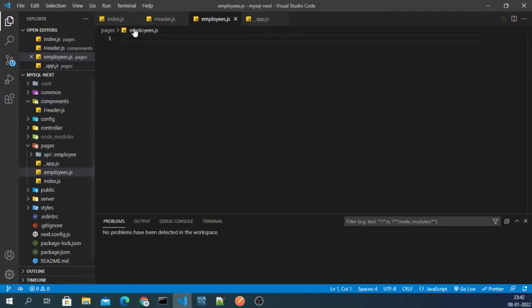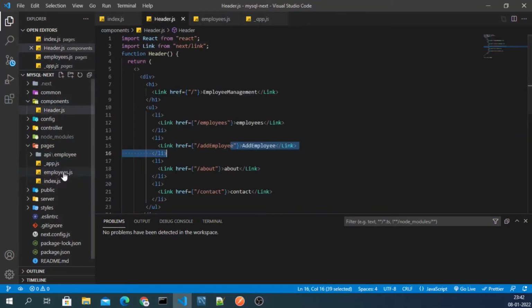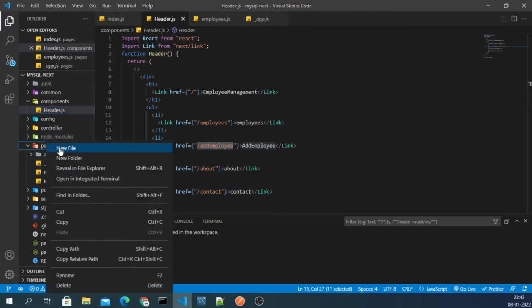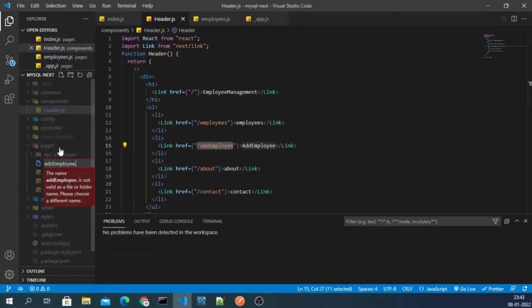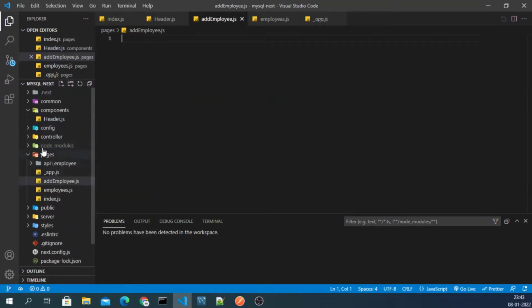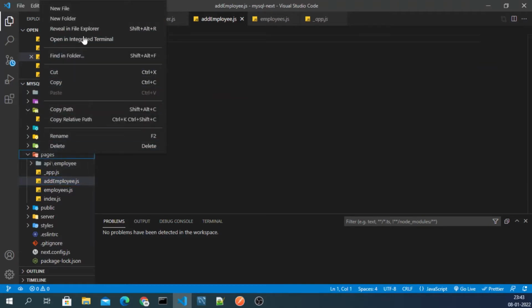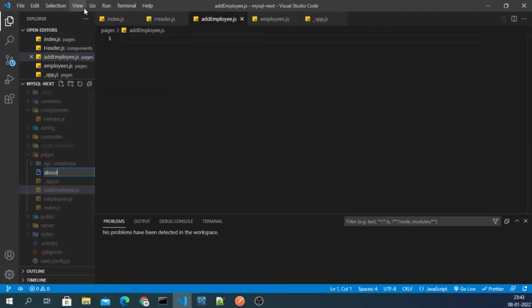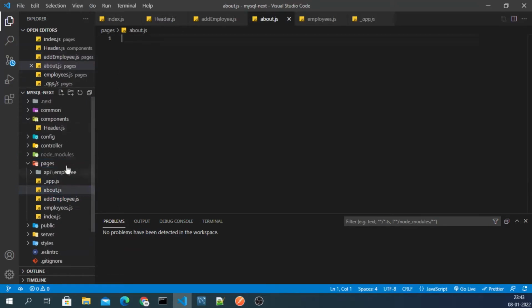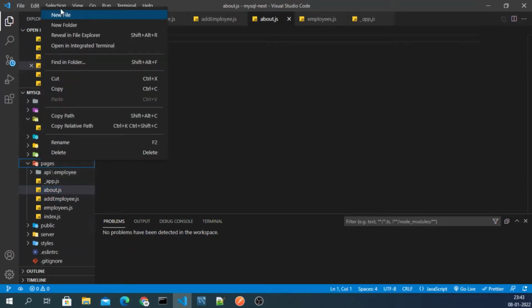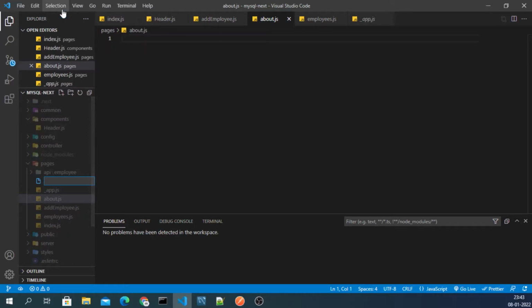This is my path, and then simply copy this and this, and then we need one more file here, about.js, and then we need one more file here, that is contact.js, right?